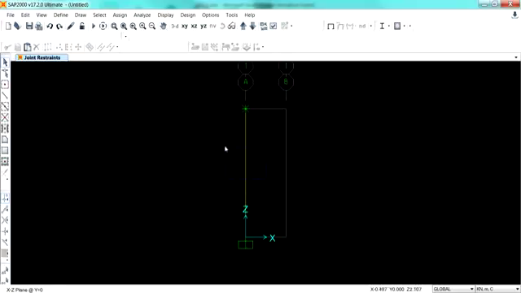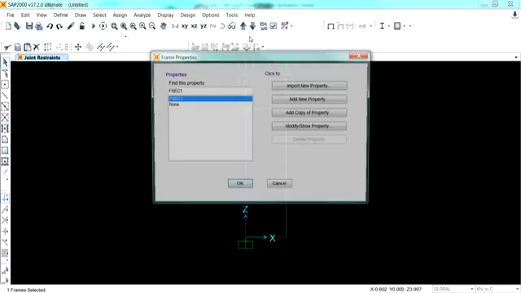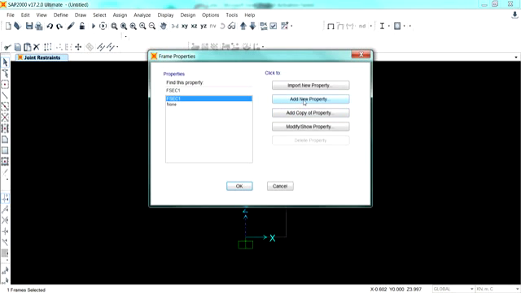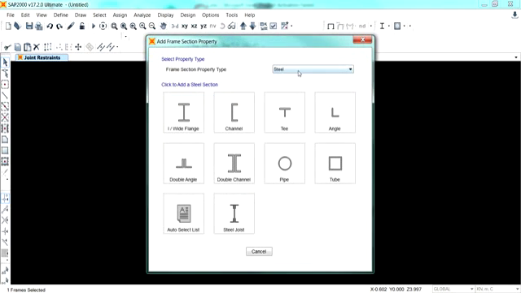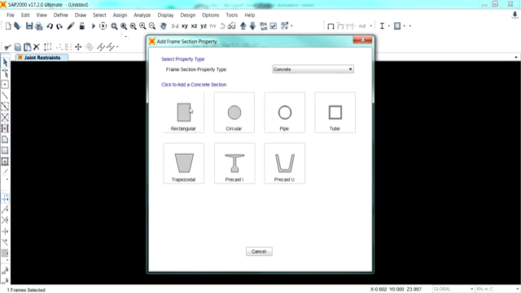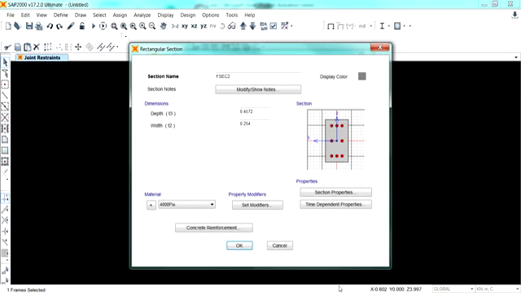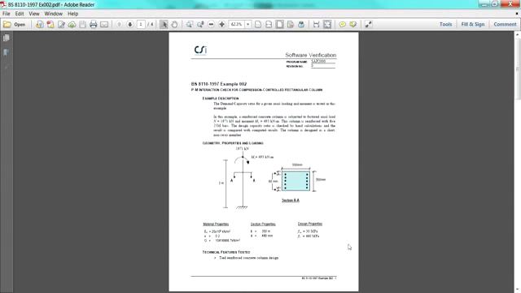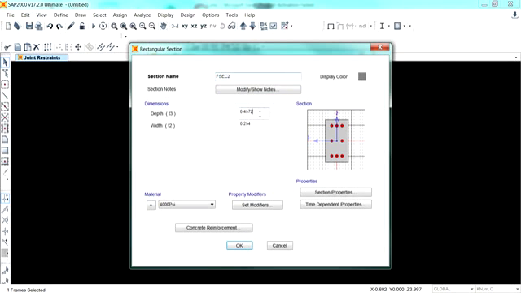After that, I'm going to select the member, and I will click Assign, Frame Sections, and I will click Add New Property. I will select Concrete, and then from the concrete section I will select Rectangular. So I have to copy the dimension given on this. The section is 550 by 350, so I will put 550 here, and then 350 here, and then I will